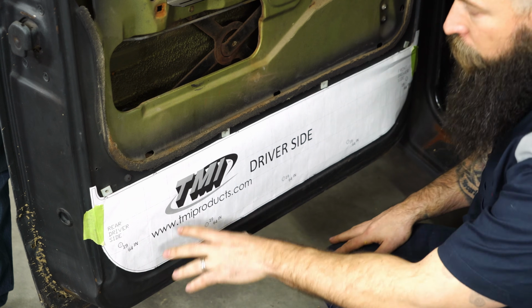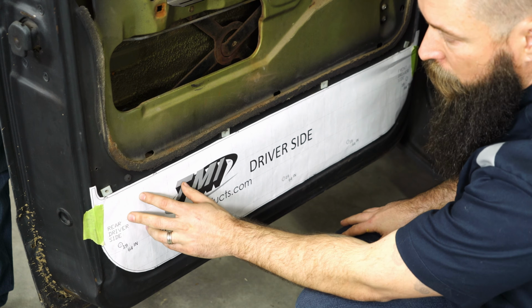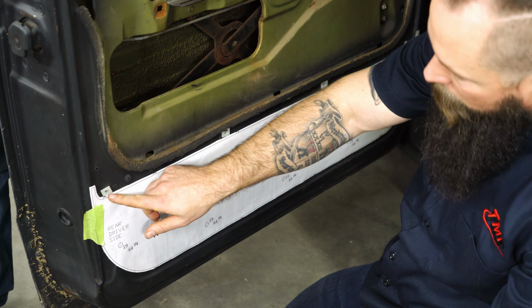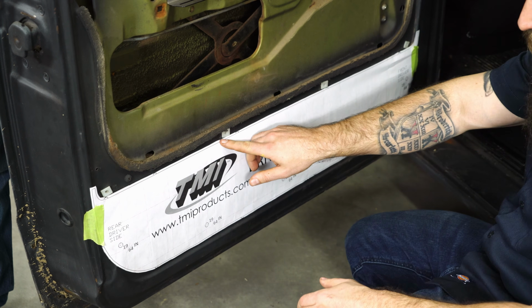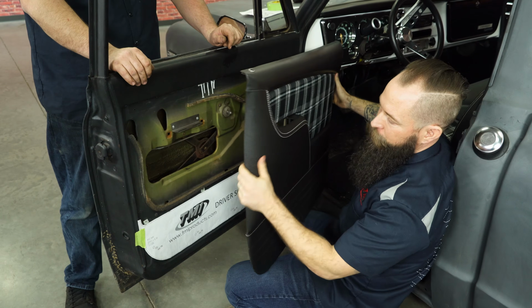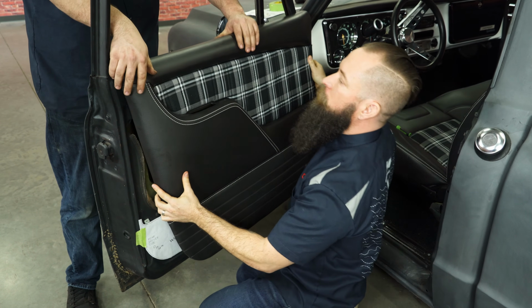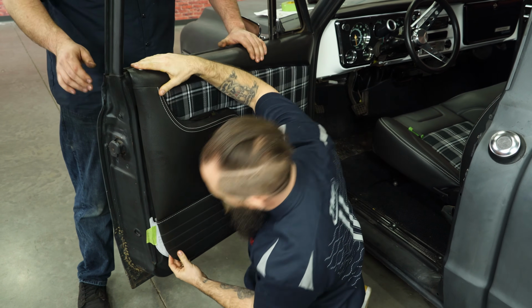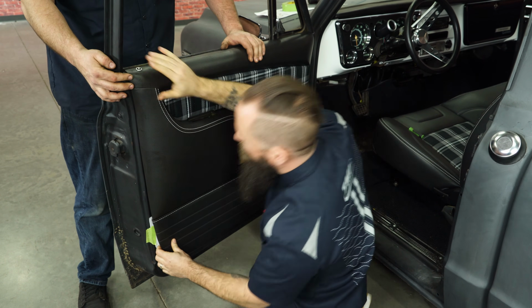Next step to get this door panel installed is to install this template. Now remove it from the box, cut it out of the paper, and you're going to want to cut right on the lines where the scissors are at. That's important because that line right there, you can see it lines up directly with the bottom of the plastic clips. With the template in place, we do want to go ahead and just line this up. One of those measure twice, cut once kind of issues, and we're lined up perfectly,